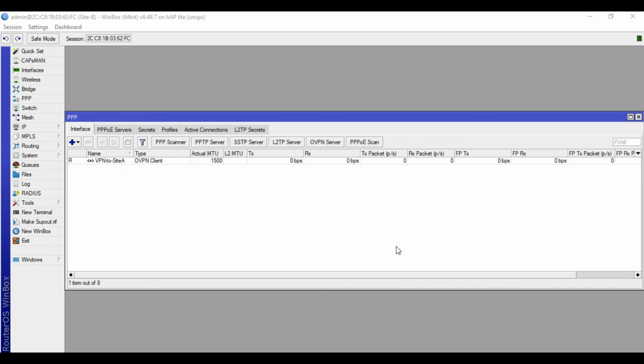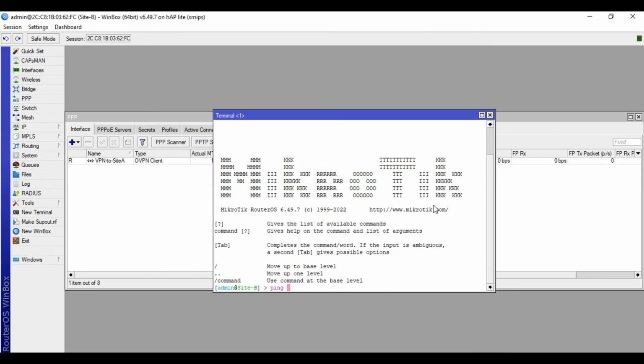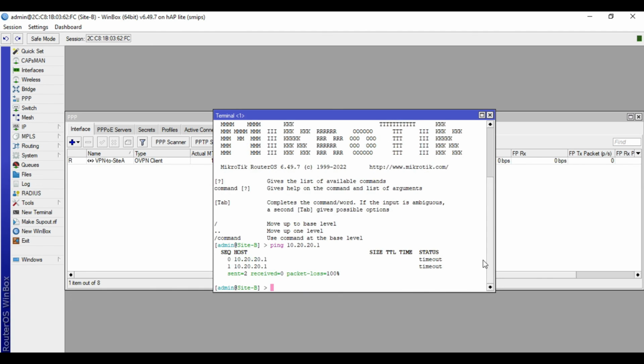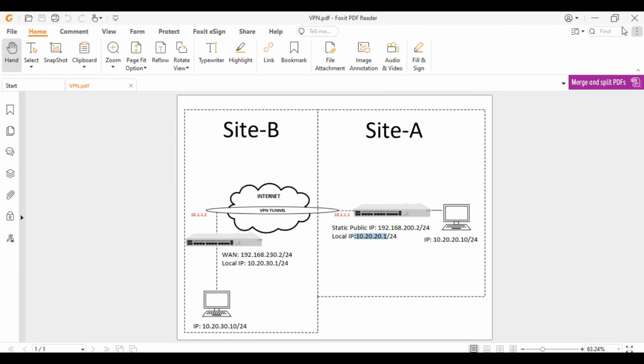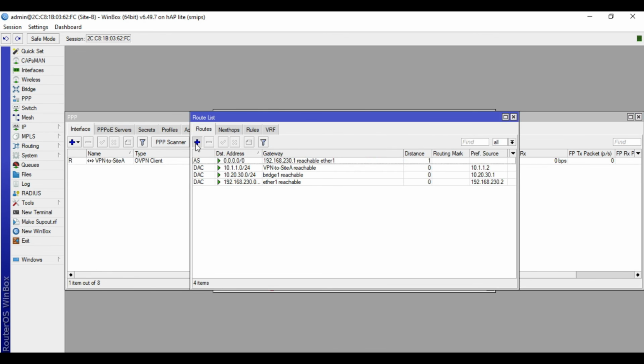We will configure here in site B first. So when we do ping the local network of the other side, 10.20.20.1, it's unreachable. But we will do static routing so that the two sites can connect to each other. So to do that, go to IP, then routes. Click plus.